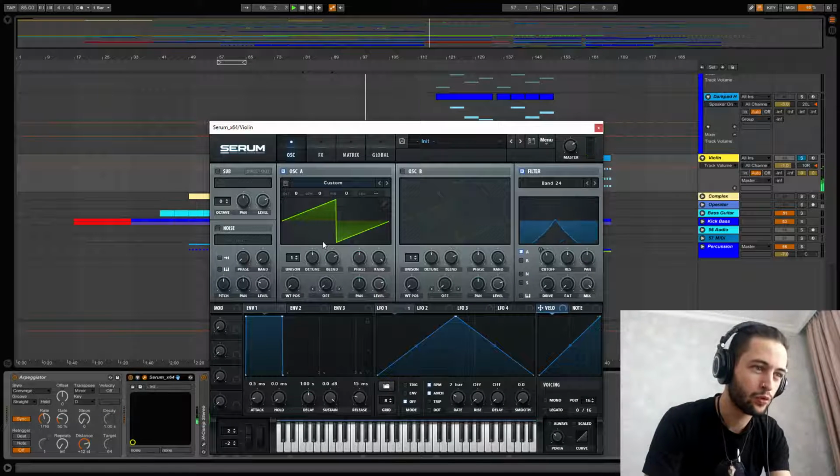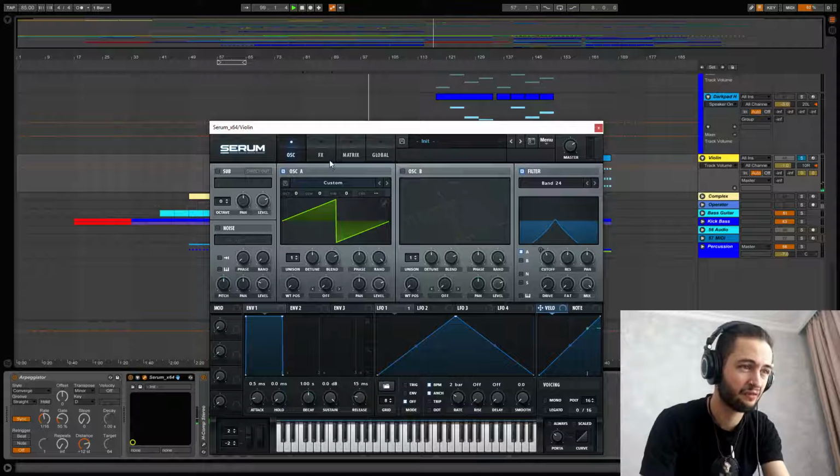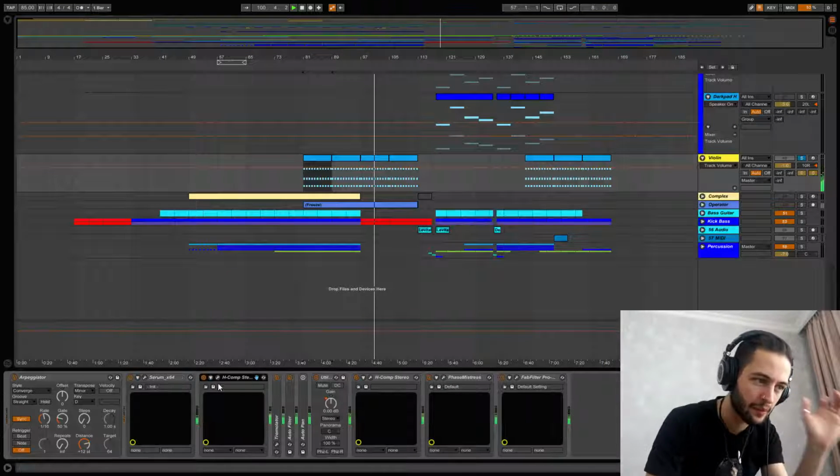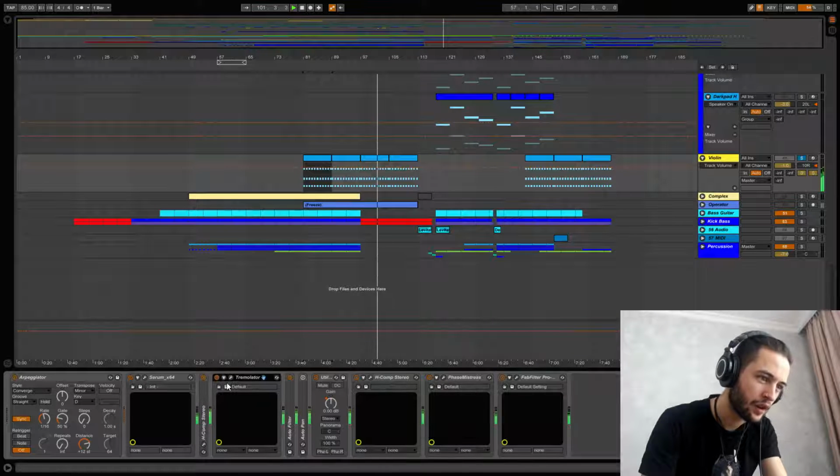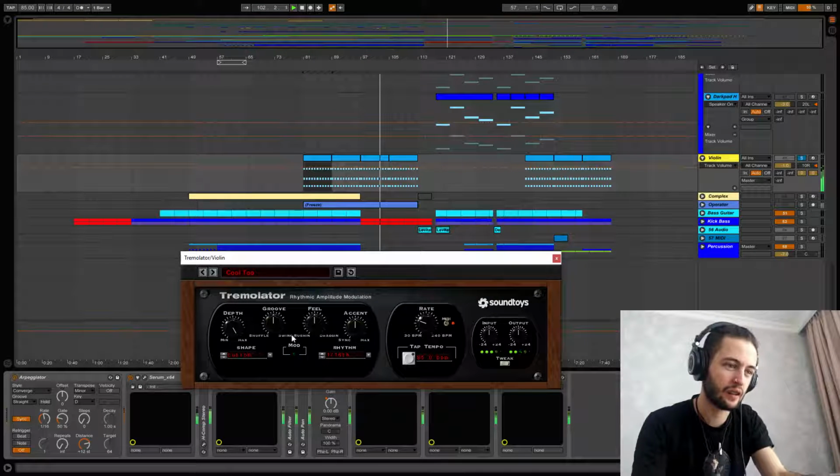Very simple, just a saw wave with a bandpass on it. It's really not that detailed at all, this sound, but because of the effects that I put on it, it sounds pretty cool. Compressing it, got a tremolo on it to make it feel like, if I turn that off,